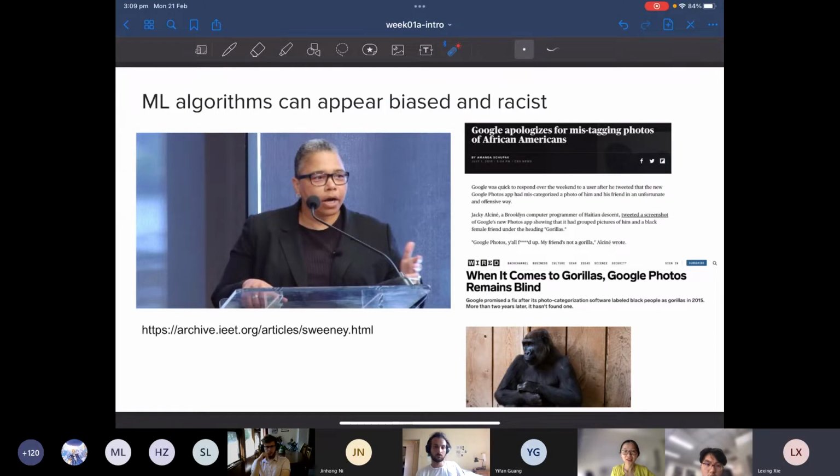Machine learning algorithms can appear biased and racist. I'm sure some of you would have read something about it. I would like to highlight a few early examples as essentially cornerstones for these problem domains that are becoming a very active area of research within machine learning and also outside these days. The first example is Latanya Sweeney. She's now a professor at Harvard, I think, but during her PhD, she did an audit of